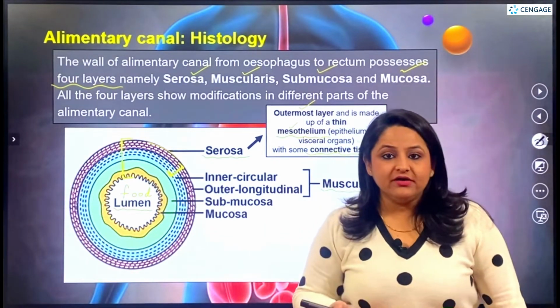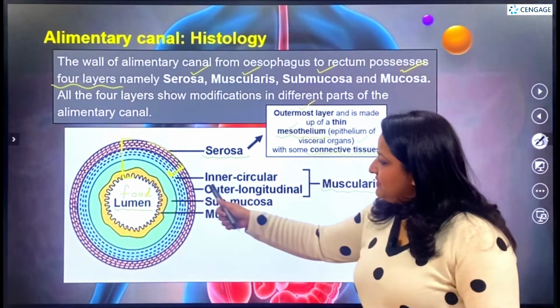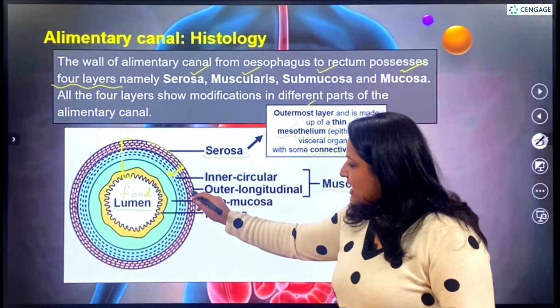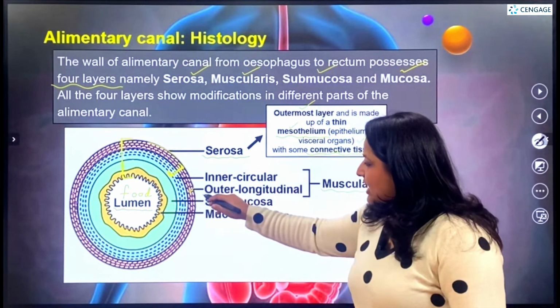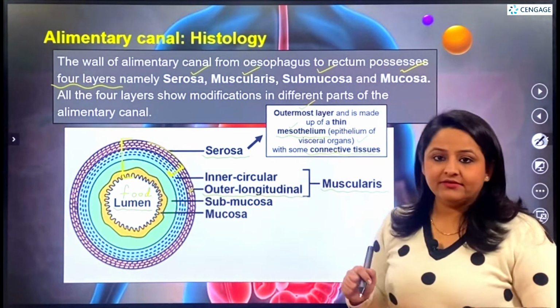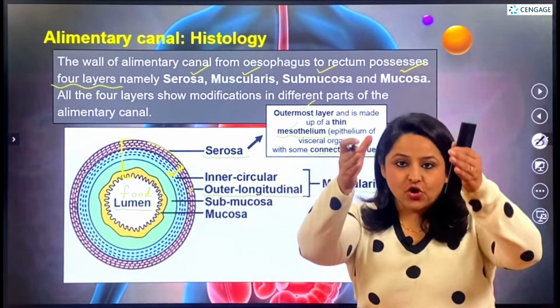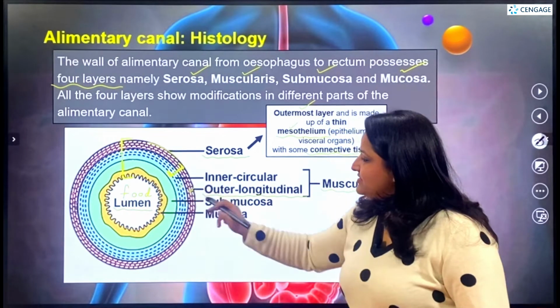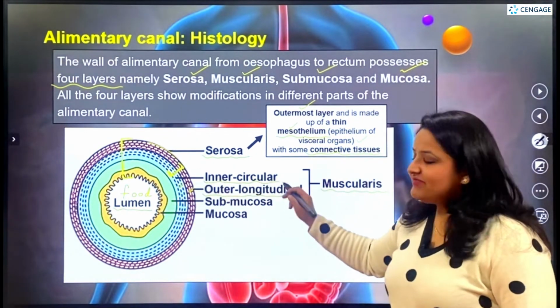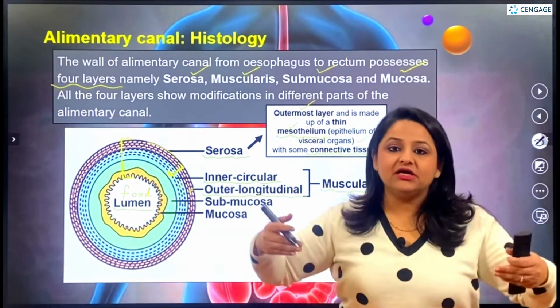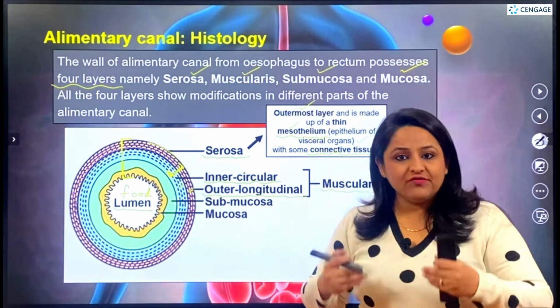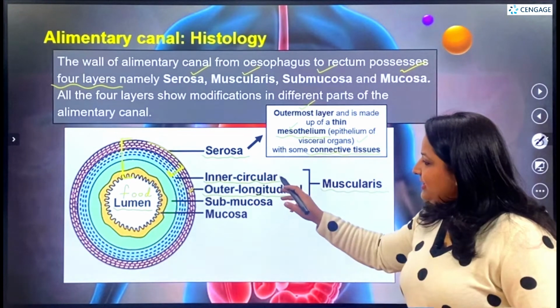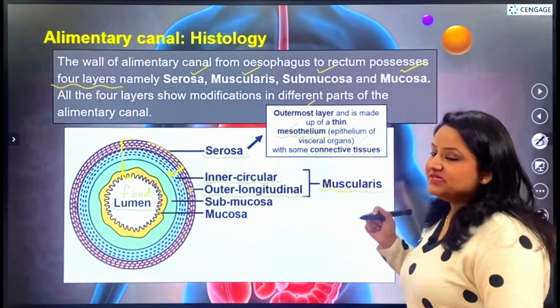You can see that the muscularis itself has 2 layers. The outer layer is the longitudinal layer, which has smooth muscles longitudinally arranged. The inner layer is known as the circular layer, which has smooth muscles circularly arranged. Both of these layers combine together and are known as the muscularis.